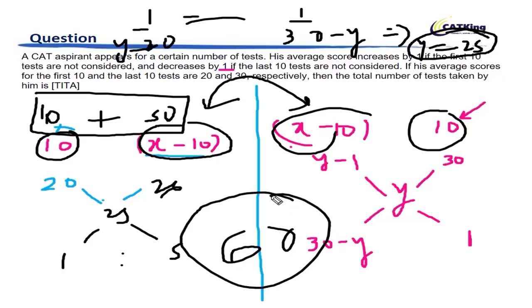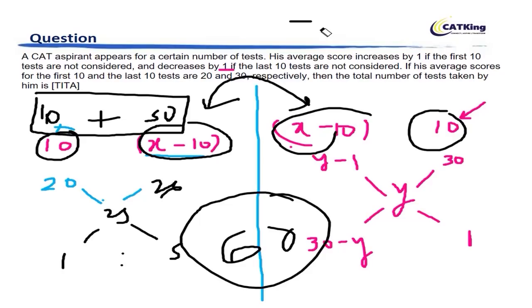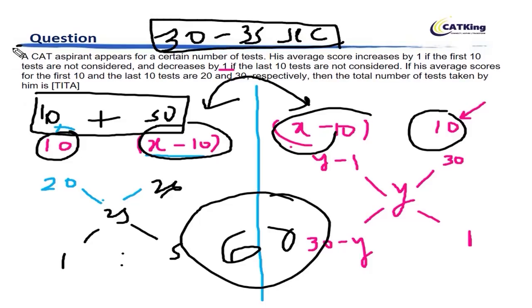A brilliant question, a beautiful question. I hope you enjoyed and you learned how to solve a question like this. It should not take more than 30 seconds in an exam scenario, although it's a medium level question. 30 to 35 seconds is a good amount of time to solve this. Even if you know this, if you've solved questions like this, you can solve it clearly in 15 to 20 seconds also. There have been similar questions in the past CAT also. You can have a look at those as well. In the last 5 years, there have been 2 to 3 questions of this type.